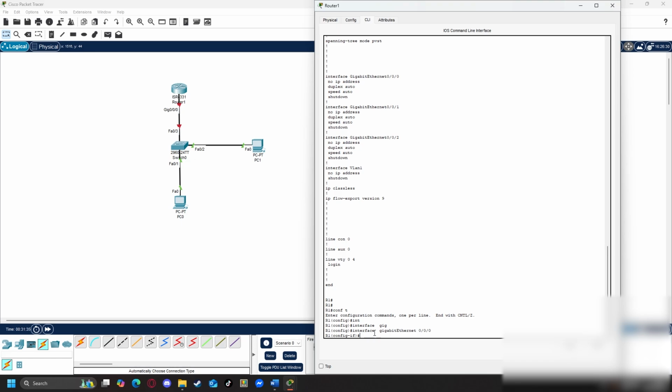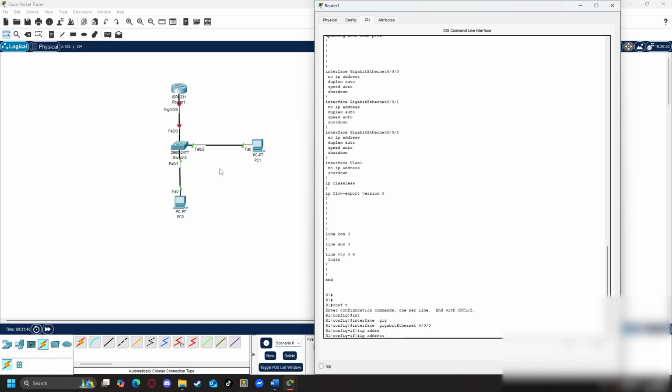Fantastic. So from here, we're going to set up an IP address. Now remember I said earlier that these needed a default gateway to be able to talk to this. So I'm going to set the default gateway. It has to be part of the same IP address range. I recommend, especially as a Class C IP address, you set it as .1 or always either the first or the last IP address, one of those.